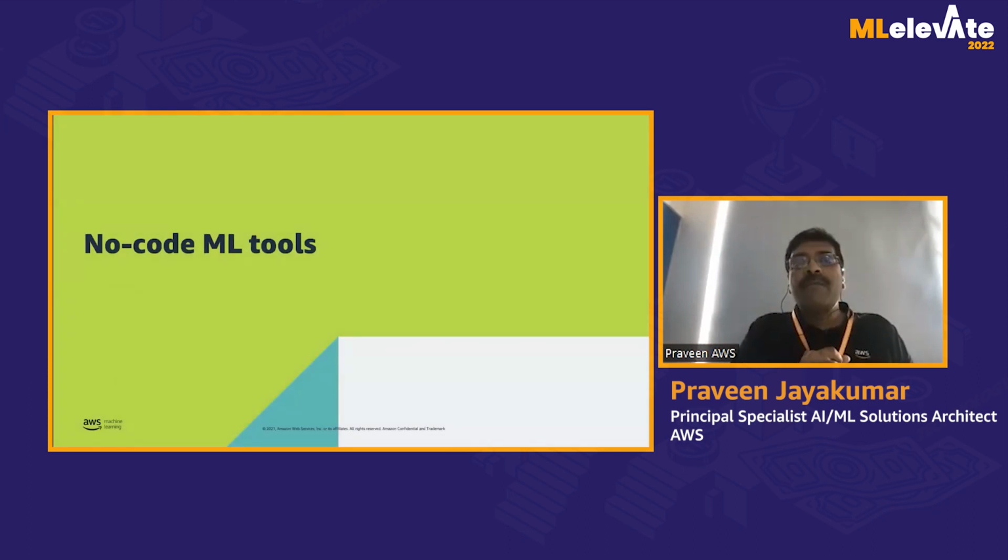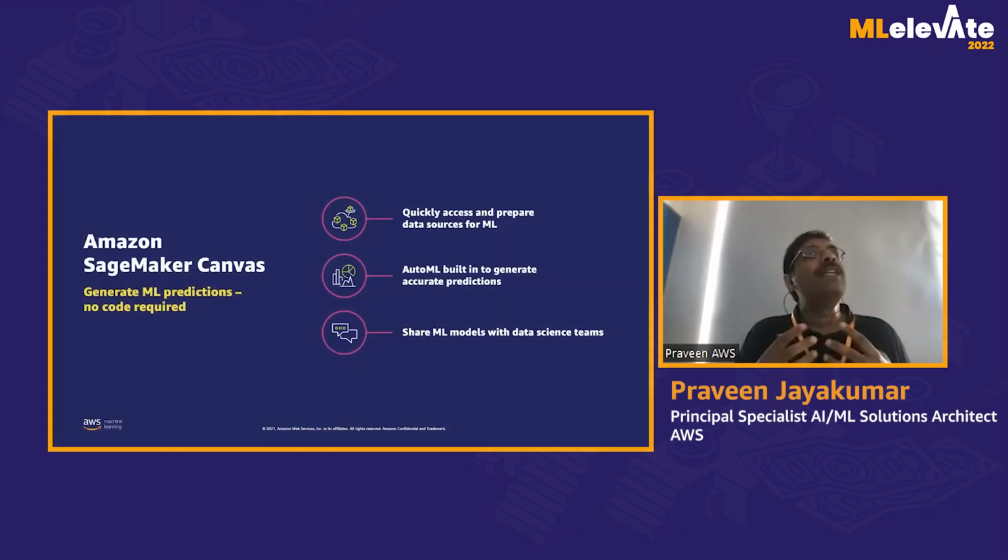From the perspective of no-code ML tools, as I said, I'll quickly go through it. If you have a business analyst who wants to do machine learning, we provide a tool called SageMaker Canvas. It's a feature of SageMaker. Underneath, it uses the AutoML capability. If they have a regression or classification problem, they just bring in the data and tell it which is the target column, and then SageMaker